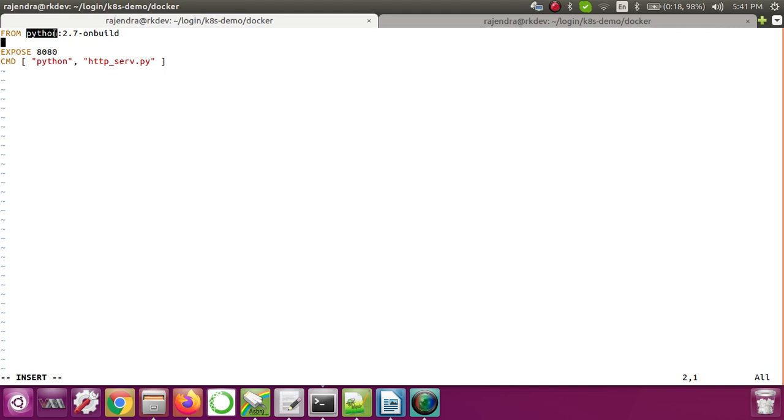Why do we need to give tags for the image?